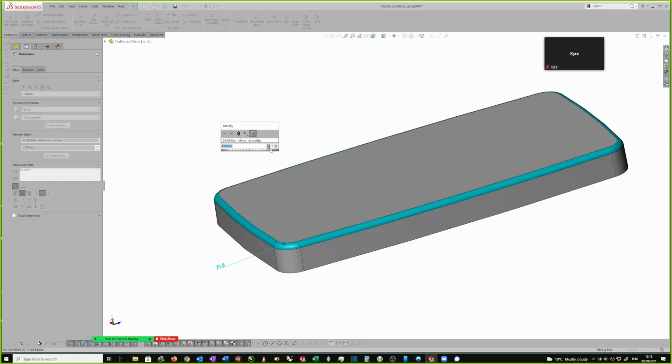If this modify button doesn't appear, you click on this and you say this configuration, and you'll see it'll apply to this configuration. Or you can specify that it applies to a number of configurations. So I'm going to say for this configuration, I want that radius to be 2.5